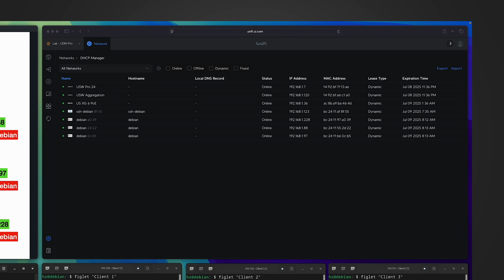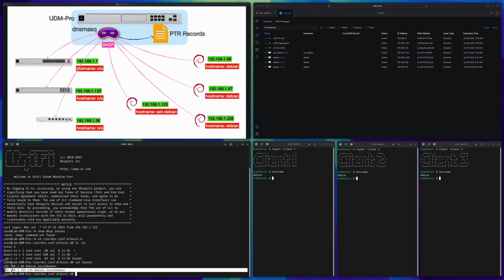Remember previously we tried the SSH Debian client, the reverse DNS works, and for .1.88 it also works, right? For all the other clients, including the UniFi switches, the reverse DNS doesn't work, right? See what we have in this file? It has exactly the 2 successful ones. In fact, this file is how dnsmasq in Ubiquiti gateways supports rDNS. So basically this file maintains the mapping between allocated DHCP IP addresses and the fully qualified domain name, which is a concatenation of the host name and the local domain name,